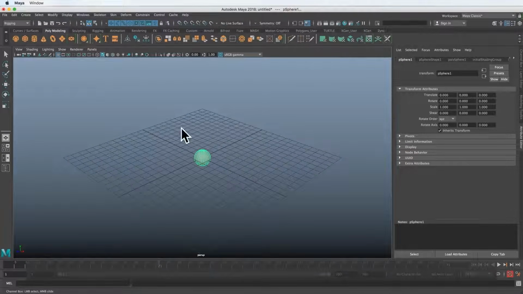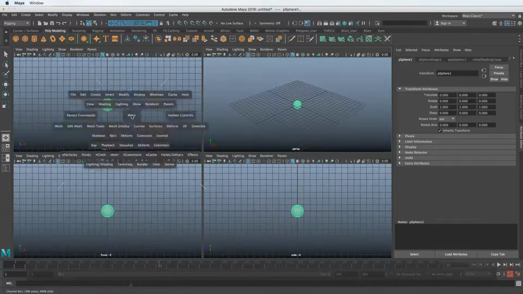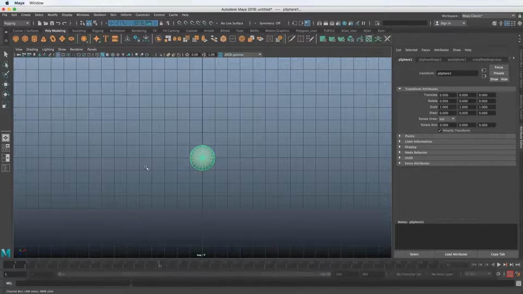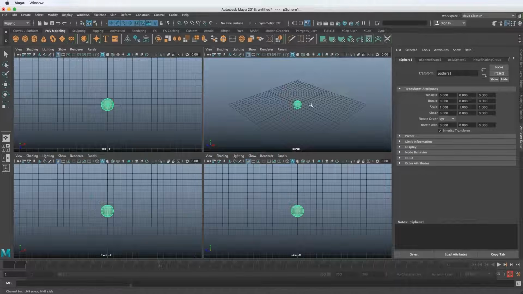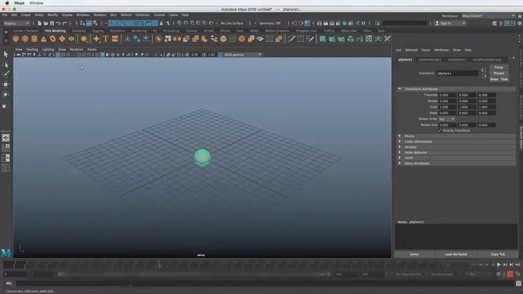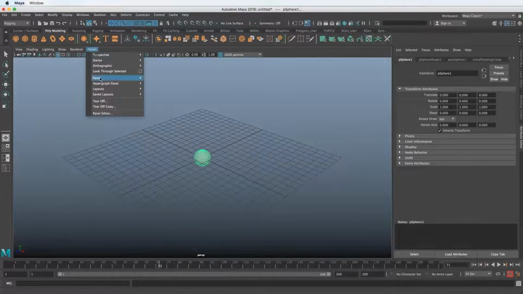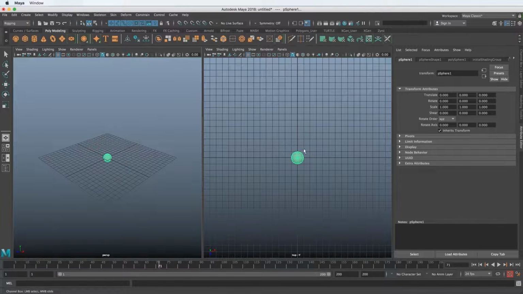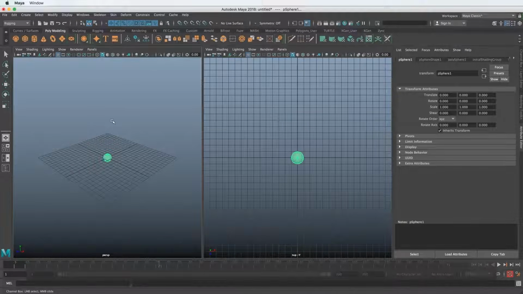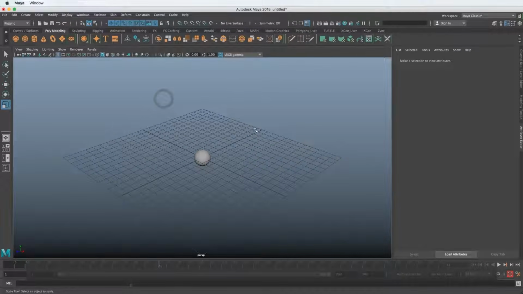And so we can jump between different perspective views. If we need to see something top down in modeling, we can do that. So that's one quick way to divide up the screen as well. If we wanted to divide up the screen in a different way, we can go to Panels, Layouts, and say two panes side by side. And that's what I had earlier that you saw, because this is the way I like to animate sometimes. So I can get back to the perspective view just by hitting spacebar.